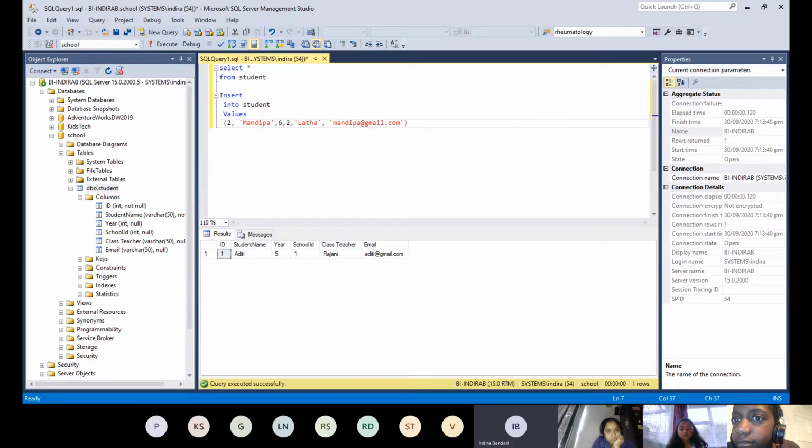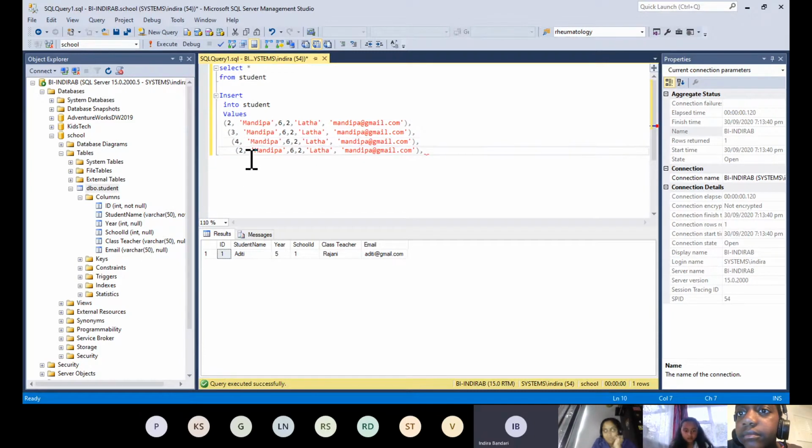Okay, and if we want to add more lines, put a comma and then copy this one and then paste it 3 or 4 times because we want to include 4 lines. So I'm just going to change the numbers to 4 and 5.